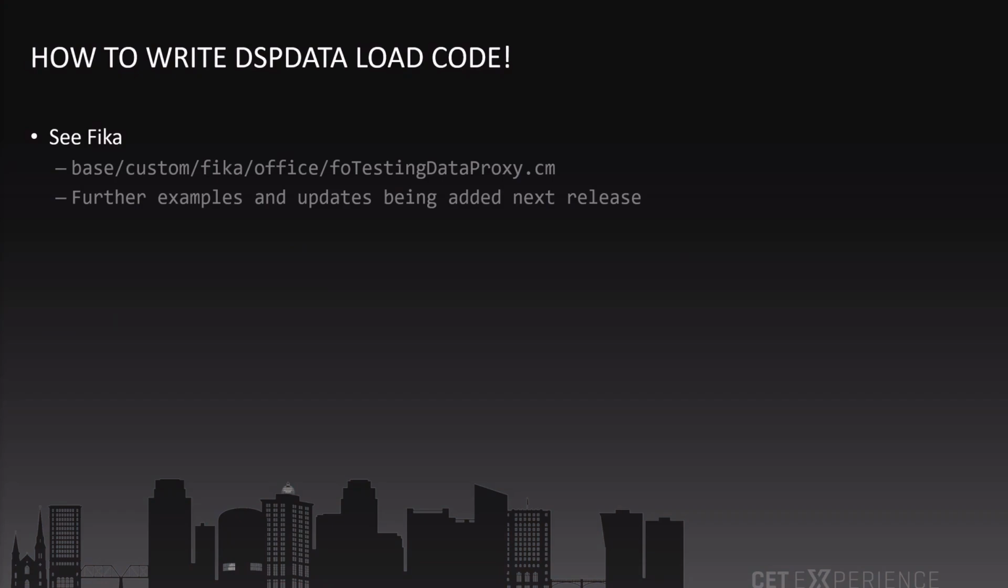I considered going over how to write DSP data load code for all of these situations, but I decided not to because my time for this presentation is limited, and there's already an example of all of those different types in Fika, and I added the file path here. There is a file called testing data proxy. If you look at this immediately in 15.0, it'll probably be in Fika /